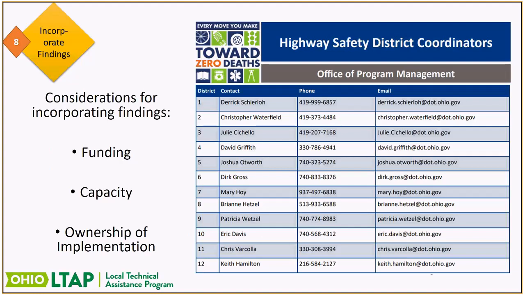Another thing that I'll recommend is, because there's going to be a lot of enthusiasm when you're sitting down to do the short, medium, and long term, make sure that they understand that they need to have capacity to do the improvements. I had a township one time that when we delivered all the signs to be installed, they said it felt like Christmas till I realized how much work I had sitting here. So the time schedule needs to be based on the capacity of the agency that's taking on the work to put that countermeasure in place. And if they need additional help to get the countermeasure put in place, that's where you can also have that discussion with the district safety coordinators.